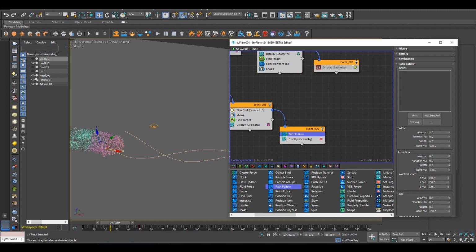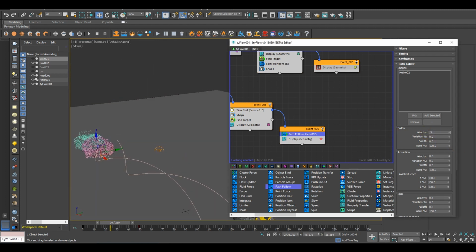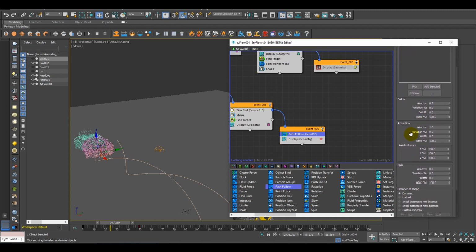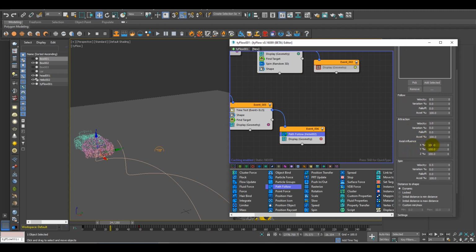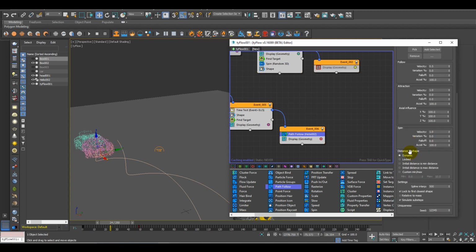and in path follow what you have to do is pick the helix and change this to 0.5 around, attraction velocity should be 1, and also I need spin property should be 1, and just change this spline interruption to around 2000.